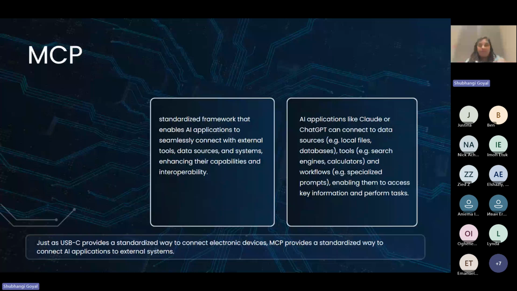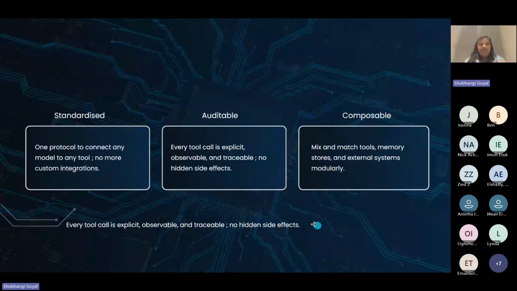To understand MCP in more detail, think about these three things. The first is that it's standardized, which means there is one protocol and that one protocol is able to connect to many different models or tools essentially. So you don't need custom integration. If you have worked on development projects, like I've worked on several, the biggest problem we normally face is that a lot of custom integrations have to be built to connect one system or tool to another. That basically goes away, and it makes it more standardized to connect one to another.